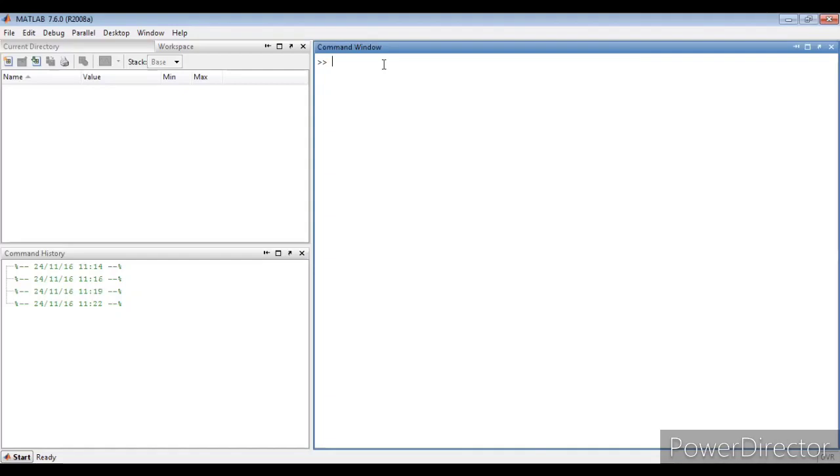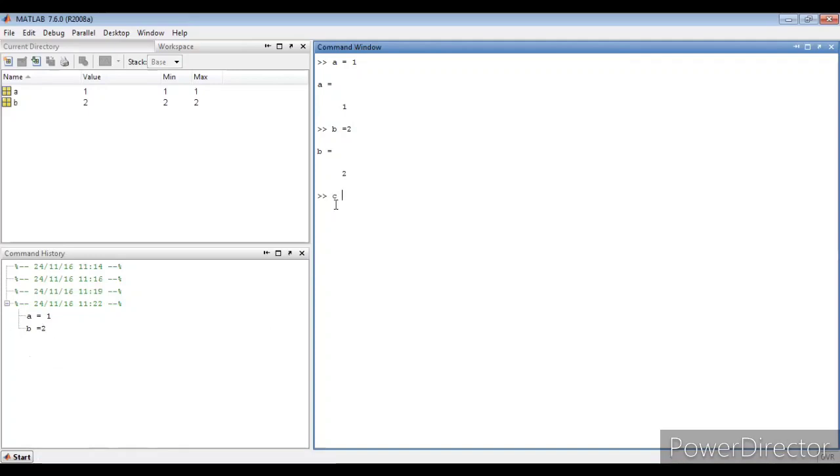Now let us see the simple basic operations of MATLAB. First let us see how MATLAB is represented. It can take any data whatever we have. Now let us see a is equal to 1. So I'm just assigning the value of a, then b is equal to 2. So the value of b gets displayed, and we are writing this in the command window. Whatever you write in the command window, the history is visible in the command history.